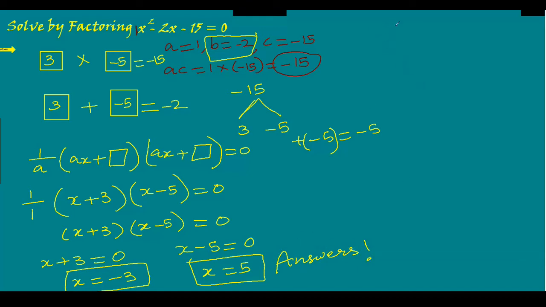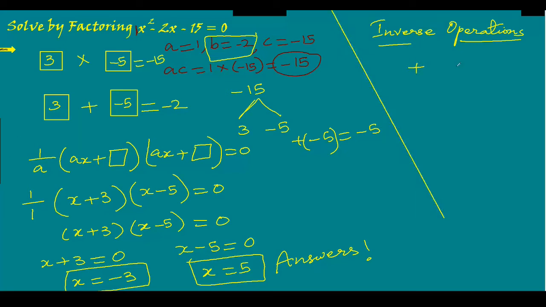I would like to repeat the inverse operations for you quickly. Whenever you try to solve a linear or quadratic equation, whenever you take any number to the other side, just follow these inverse operations. If it is addition on one side, when you take it to the other side, it becomes subtraction. If it is subtraction, addition. Timesing will become dividing. Dividing will become timesing. That's all. This is what you have to simply do to get the value of the variable. That's what I did here. Plus 3, when I take it to the other side, minus 3. Minus 5 becomes plus 5.